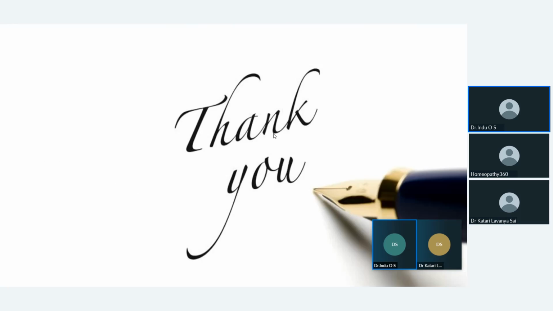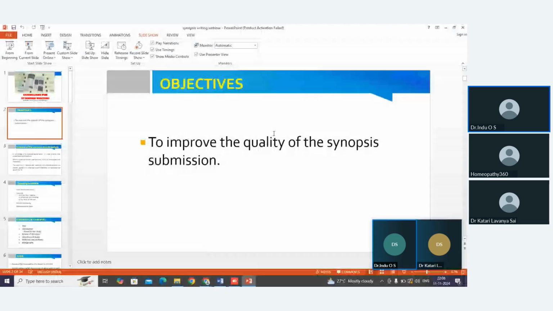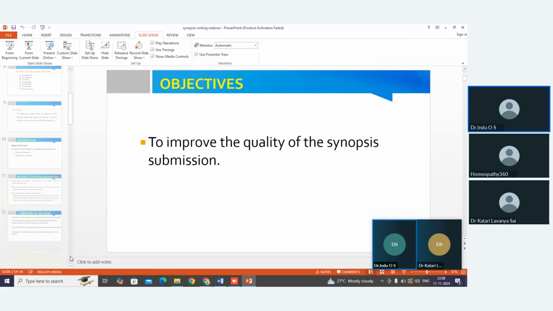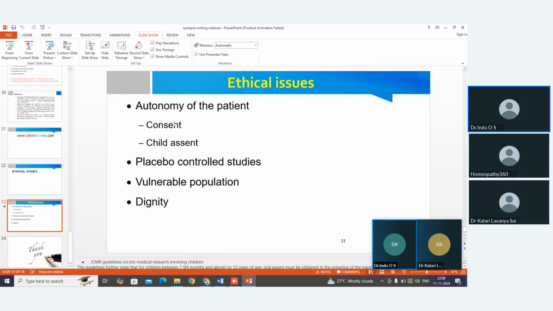So autonomy of the patient, we have to give respect to the autonomy. That's why we have to get the informed consent from the patient. As per the ICMR guidelines, you can download it from the ICMR site also. The patient information sheet as well as the consent form is there. So as per that format, we have to get the consent from each participant when we are conducting a human clinical study. And if it is an animal study, we have to present it in front of the animal ethics committee, and we have to get their consent,